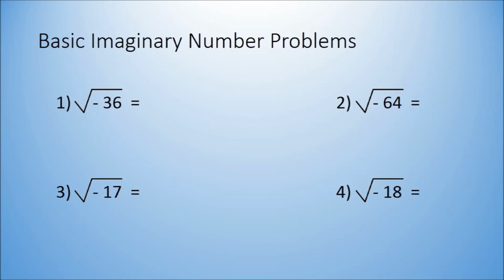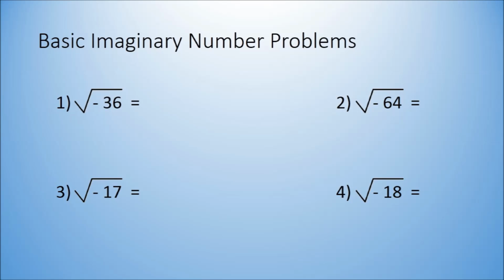Now, we all know how to do simple square roots, such as the square root of 4, the square root of 9, obviously those equal 2 and 3. But what do we do if it was the square root of -4 or the square root of -9? Basically, all you really need to do is take out the negative, which you can do by replacing the negatives sort of with an i. So if we look at this first one here,